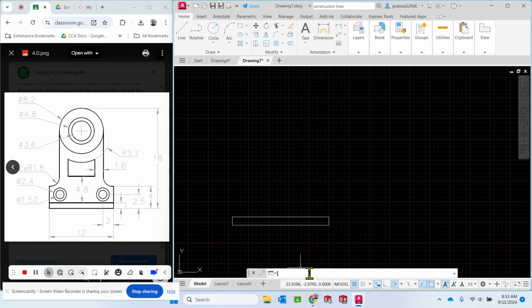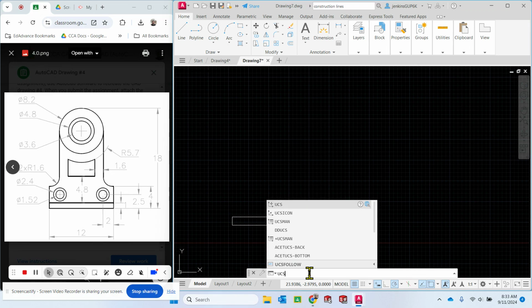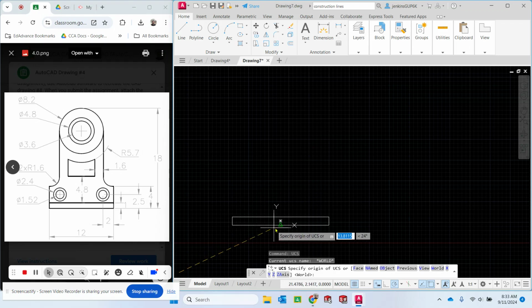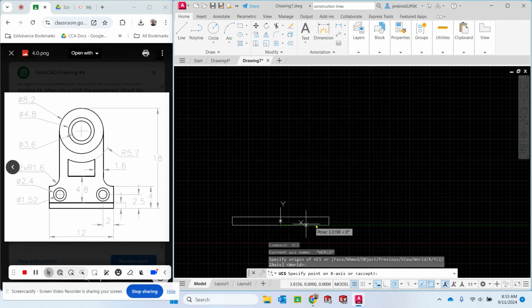I had you guys watch a video earlier that was the user coordinate system video. So if I type in UCS for user coordinate system and click it, it now allows me to set the new origin wherever I want it to be. I want it to be the middle of this thing, top left. I want it to be on the very bottom because I know how big this shape is from the very bottom to the very top. So I'm going to click that